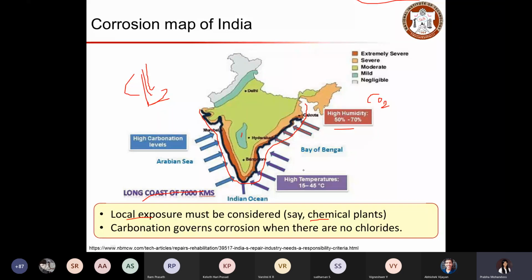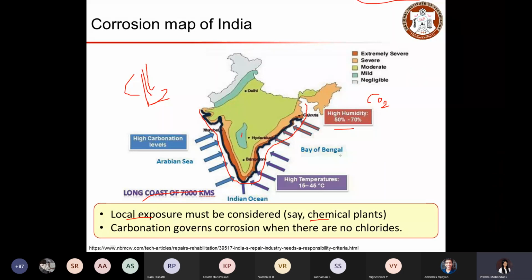So in such cases, the carbon dioxide level will also vary. The humidity condition will vary. The humidity will be about 50 to 70%, and the temperature will be in the range of 15 to 45 degrees Celsius. And when you have an industrial area, the carbonation level will also be high in the air.